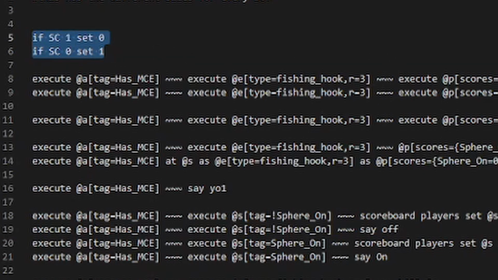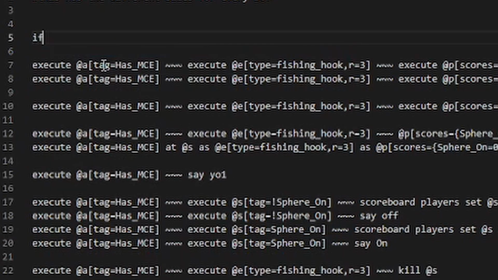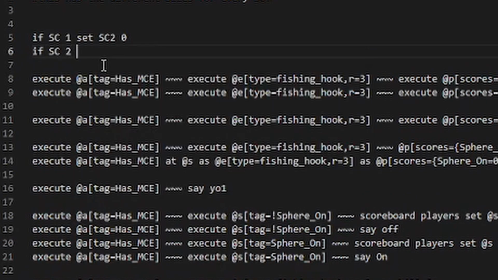You could probably, I'm thinking of this fresh on the spot. Could you use 2 different scoreboards to accomplish this goal? I think you could. Yeah, you could. You could also use 2 different scoreboards, which would, how would that work? Let's see. If sc1 set sc2 to 0, if sc2 0 set 1